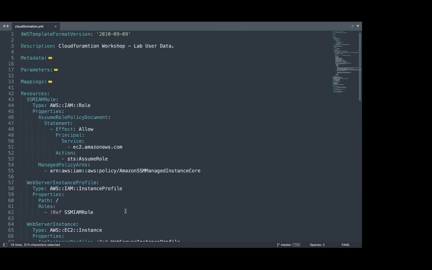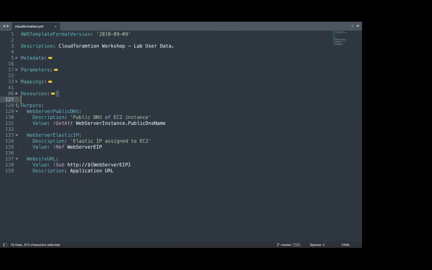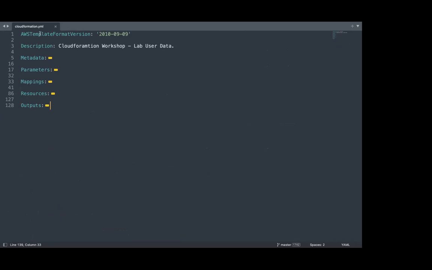If I close all this syntax definition, you will see you have defined the AWS template format version, description, metadata, parameters, mapping, resources, and output. Most of the things I have covered. The two sections I haven't written are the condition and the transform.